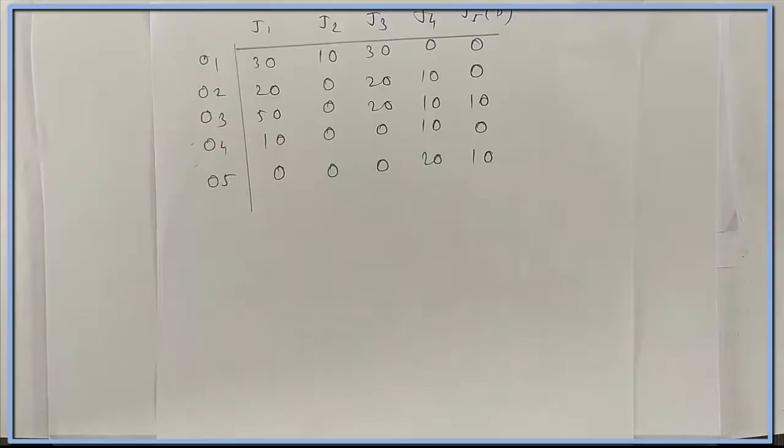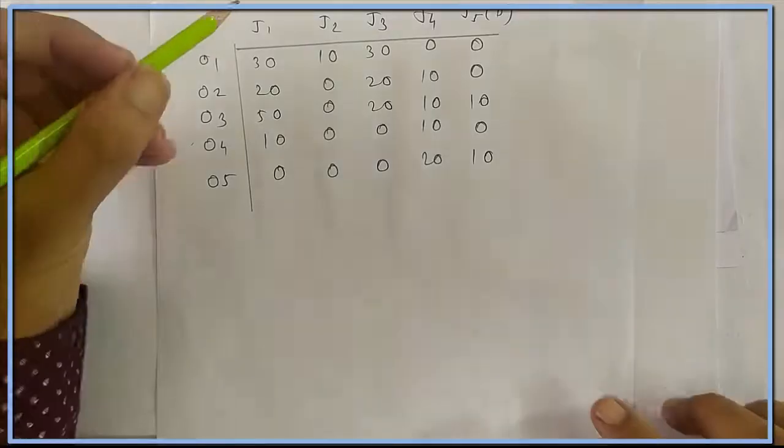Again, we will draw the minimum number of lines to cover all the 0s of the matrix. For that purpose, again we will follow the row scanning and column scanning. In the row scanning, we will start from the first row. If a row contains exactly one 0, then we will mark a square around it and draw the vertical line passing through that 0. Otherwise, we will skip the row.